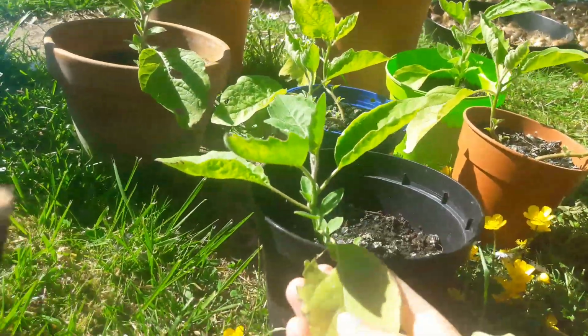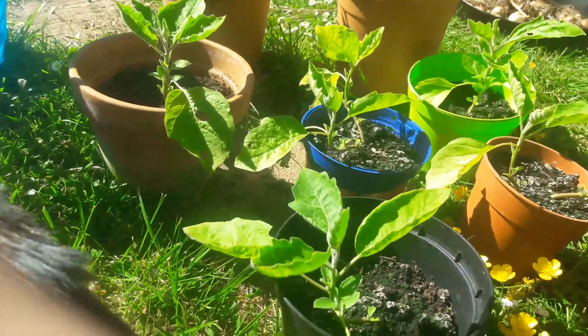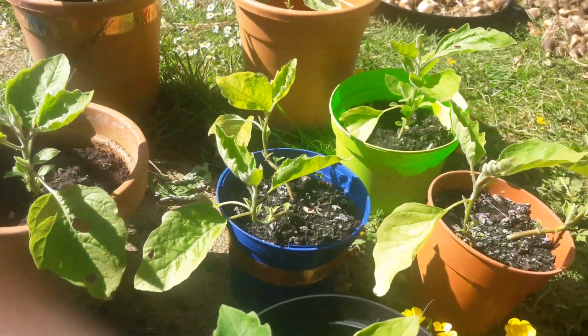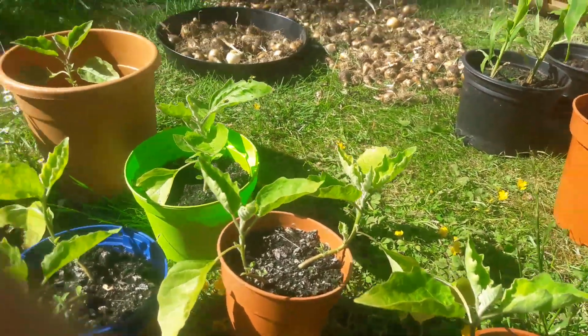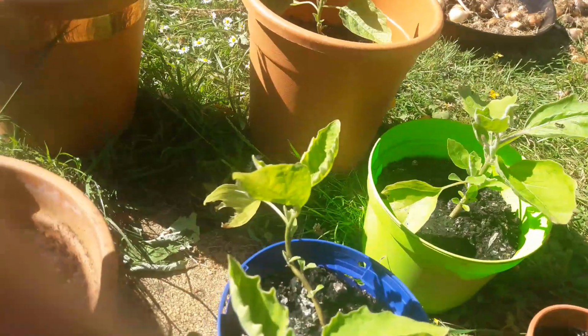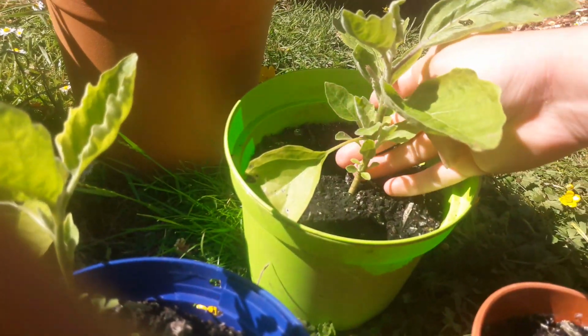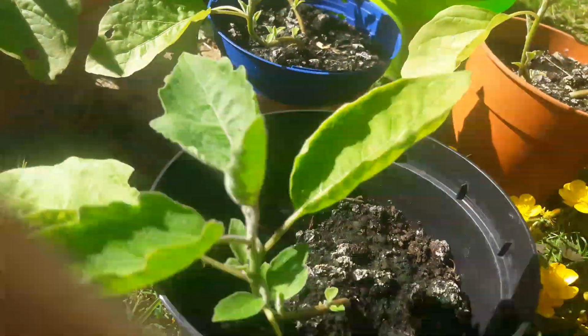So there's a great deal of slug damage on the aubergines. I have got probably too many in the pots, but I'm running out of space. But the aubergines look quite happy. You can see on this one, got loads of little babies coming up. And you should be able to see